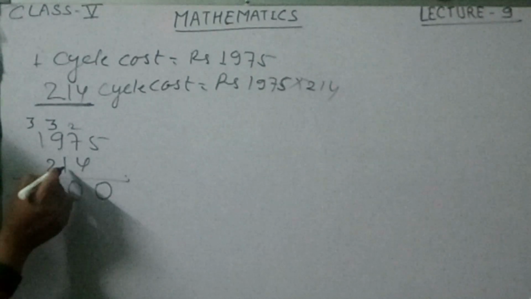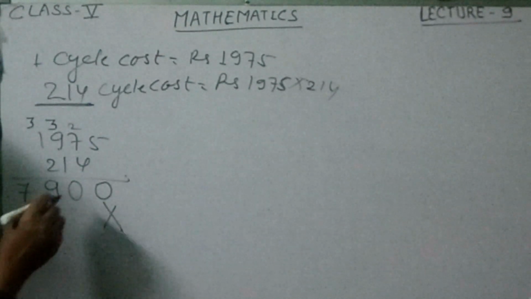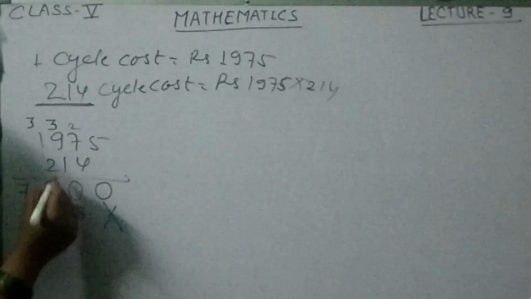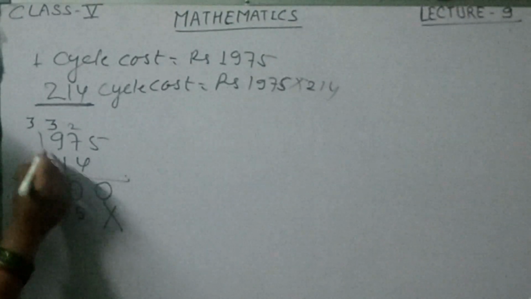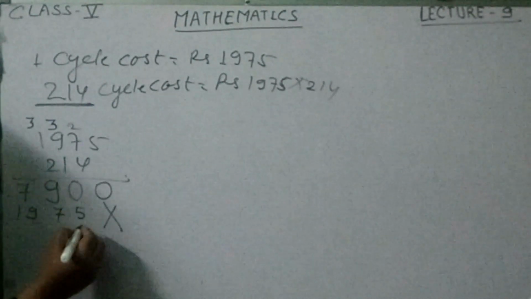Then when we start the second number, the first thing is that we have to put the cross mark. Then we start. 1 five is 5, 1 seven is 7, 1 nine is 9, 1 one is 1. Again we have to start the third number. Then what work do we have to do?